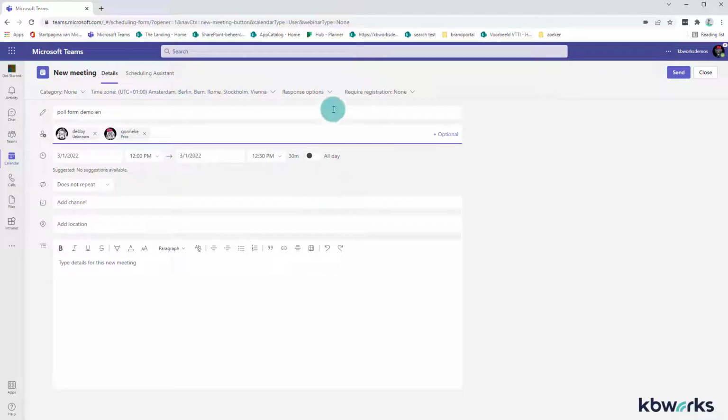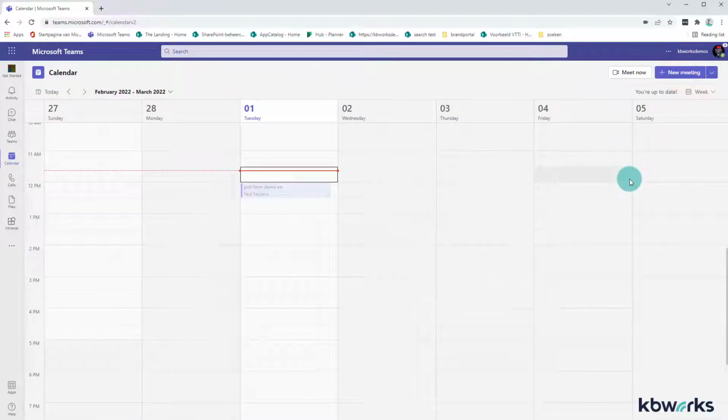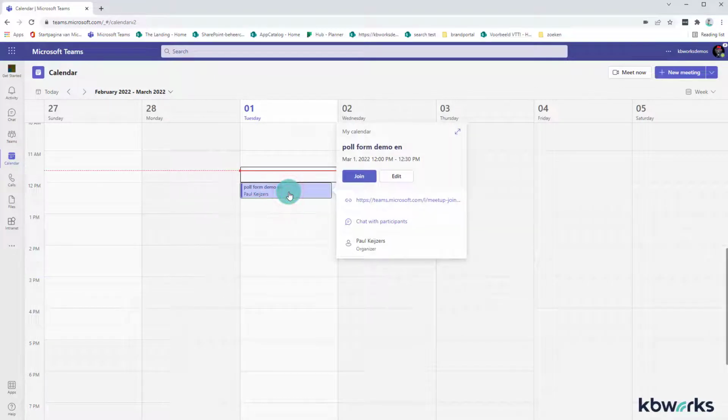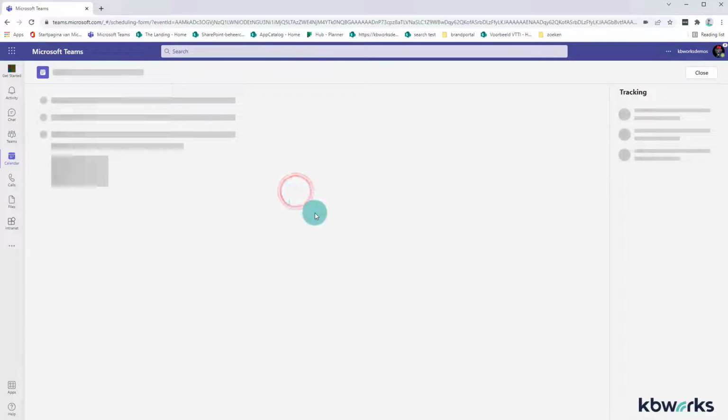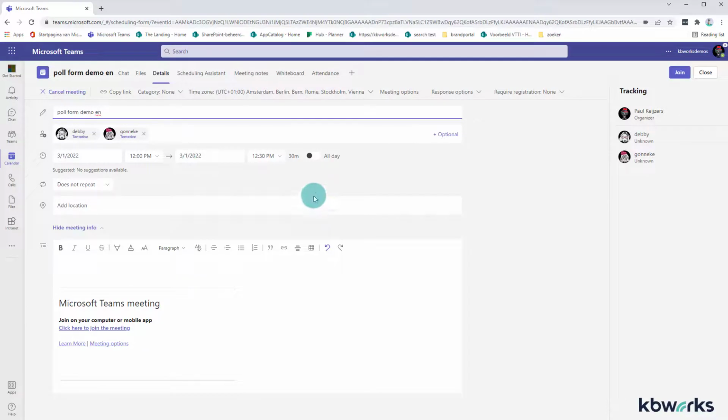And as you can see, we still have few options at this moment because we first need to send out the invite, and after we have sent out the invite, we can double click on this item, and now we have more options. So we can even see the attendance, scheduling agent, and we have quite some options because